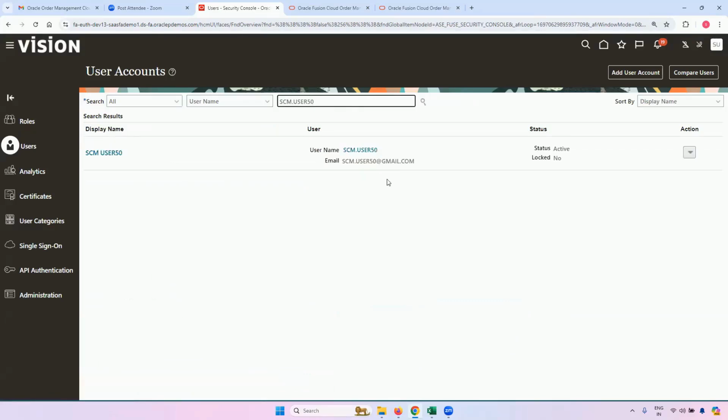From Security Console, you can make an implementation user, not a business user. You can reset the password of any user by going to actions and reset password. You can lock an account. You can assign all the roles to any user through Security Console. Let me show it to you. Then I will create a user and assign him all the roles.